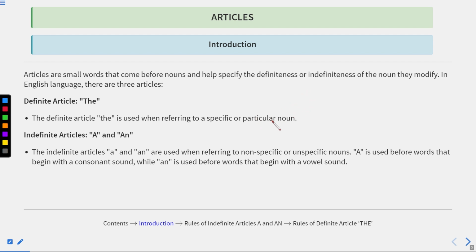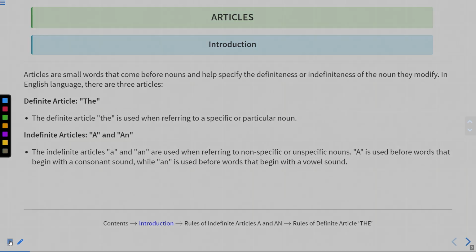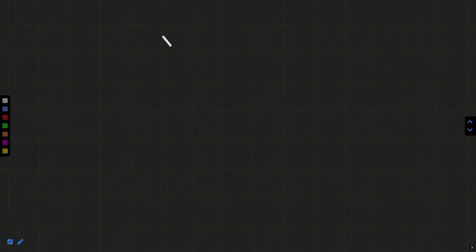Now, if I want to tell you what articles are, let us go to a point. Let us discuss a point over here. Suppose I say that I have a pen. There is a pen. I have this pen. If I say I have one pen, now what does this mean? I have one pen. It means I have a pen. So this is a pen. Pen is a noun, we know well, and I have one pen. It means its number is 1.